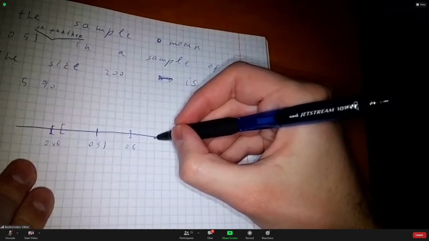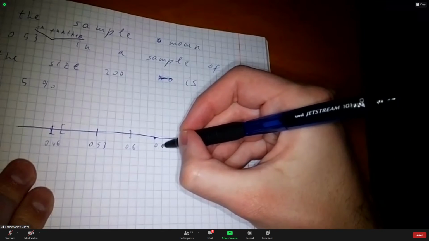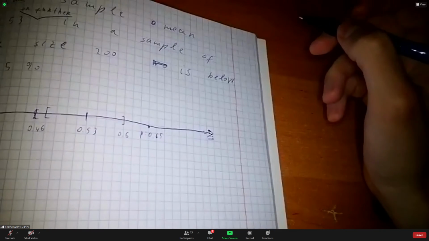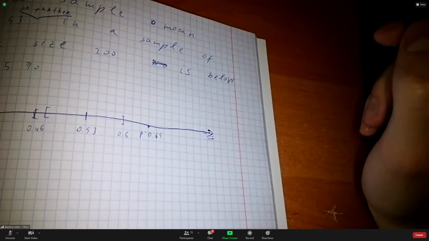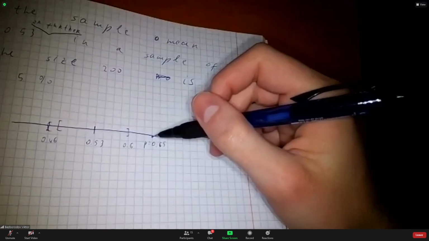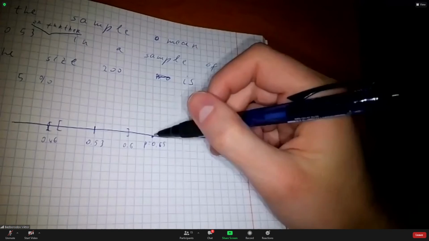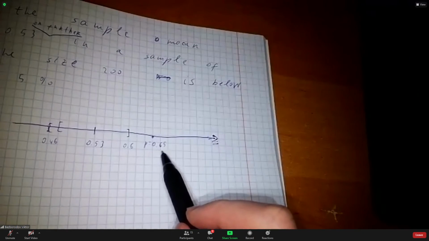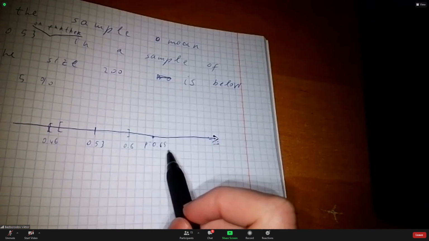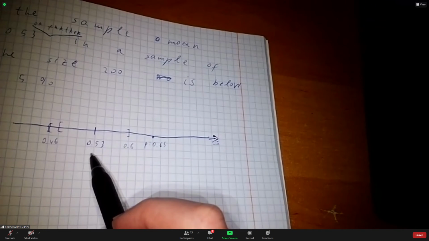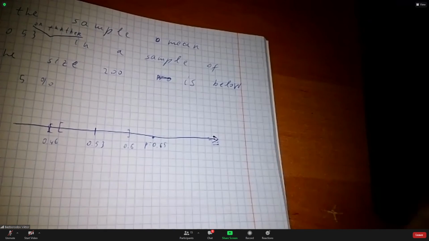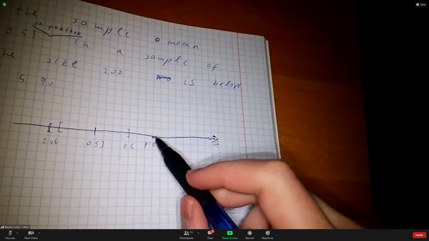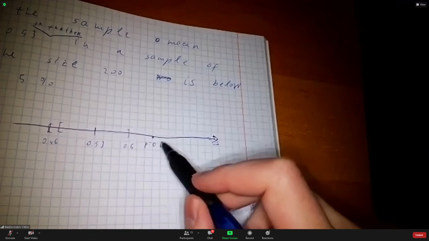Now imagine that the true value is here. Let's say 0.65. Now, actually, we don't know what the true value is, but imagine if this is the true value. If this is true but you observe 0.53, you have a decent discrepancy. The true value is 65%, but in the sample you have 53%. It's a reasonable discrepancy, but what the confidence interval tells you is that if this is true, then the probability